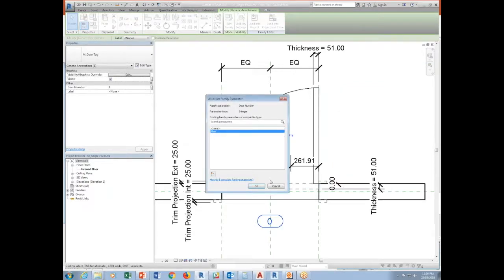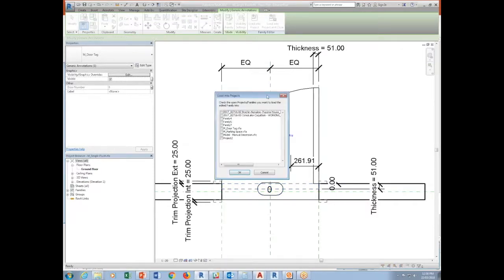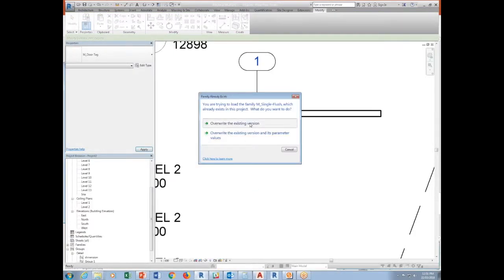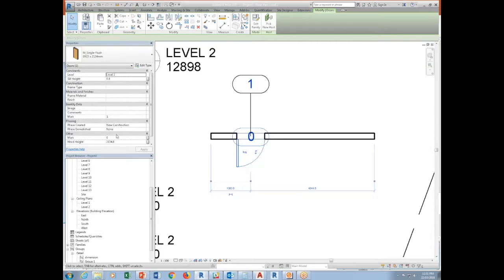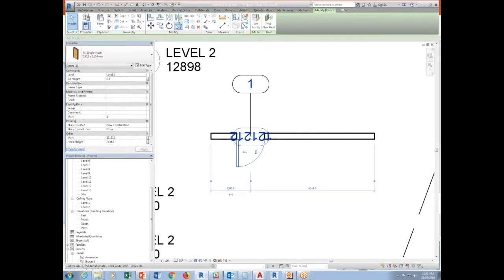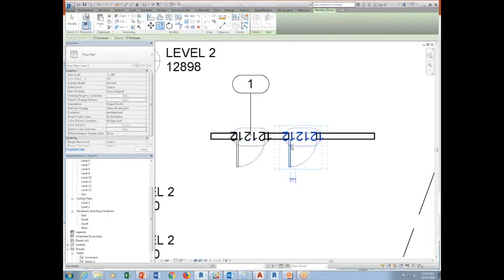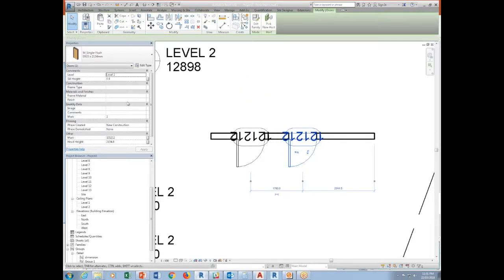Now, if you have a share parameter, you can always attach this share parameter. Okay, I'm going to load it back in. Yeah, override. All right, so now what you have is a mark called its own thing. So you can say blah, blah, blah. All right, and then let's say I'm going to copy this, and let's change this to 1 to 50. Okay. If this thing ever moves,